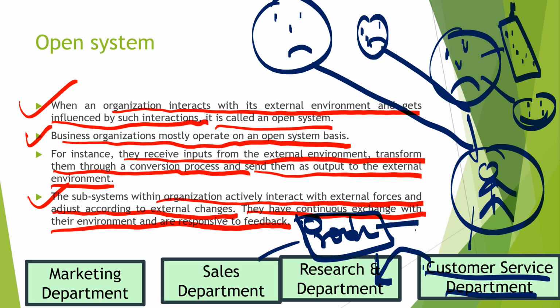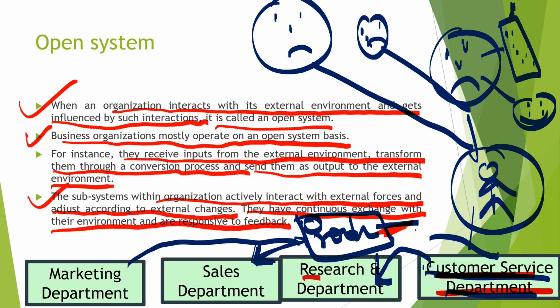Then the sales department will sell a new product on the basis of the feedback provided by the customer service department, and also the marketing department will work in accordance with this new strategy. So first, the customer feedback was received by the customer service department. Then the customer service department